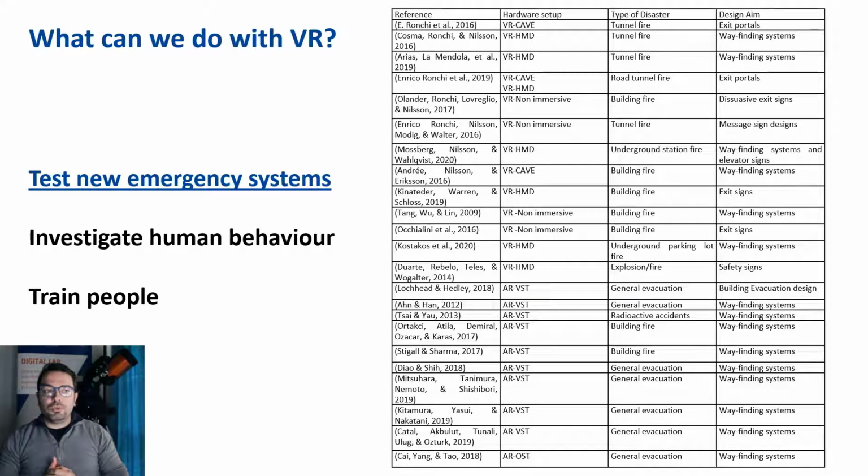Going through the review, you can see through the papers that I've identified more than 20 works on this. And if you look at the type of disaster where they've been applied, most of them are related to fire. And that means that there is a lot that has been done, especially in our field. I can say that my field is more fire safety, so we should be proud of it because we have been applying quite a lot of virtual reality technology to test and experience and verify the effectiveness of different guiding systems. You can see exit signs and many other components that we can use in our buildings to make them safe.